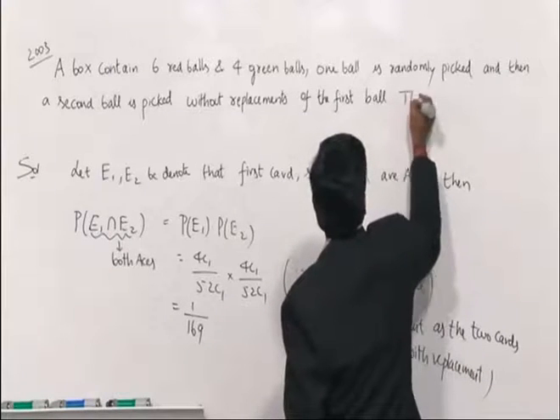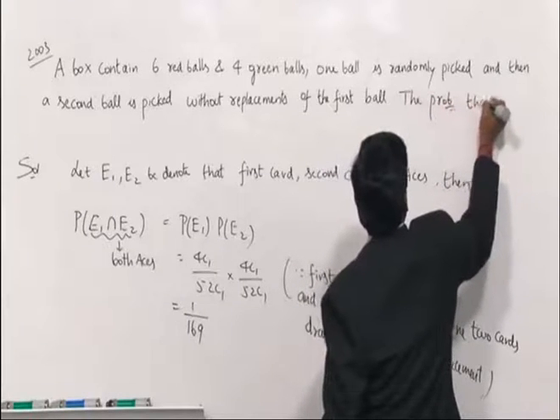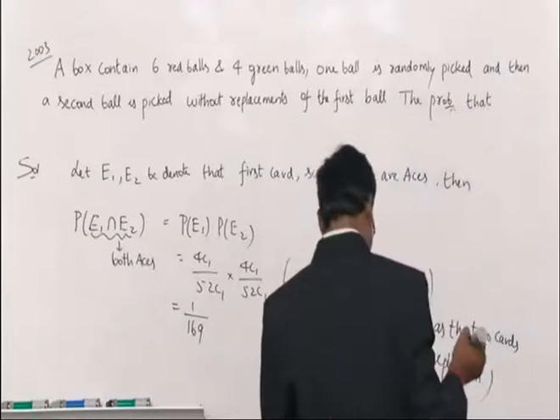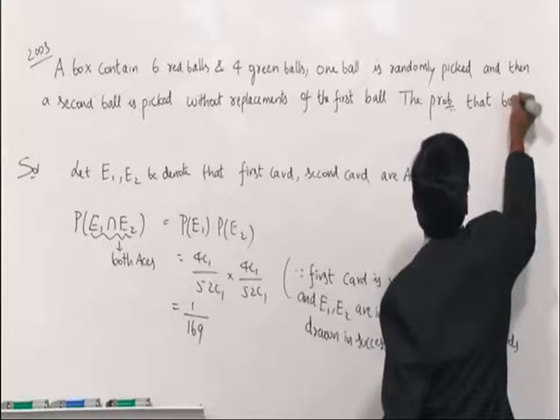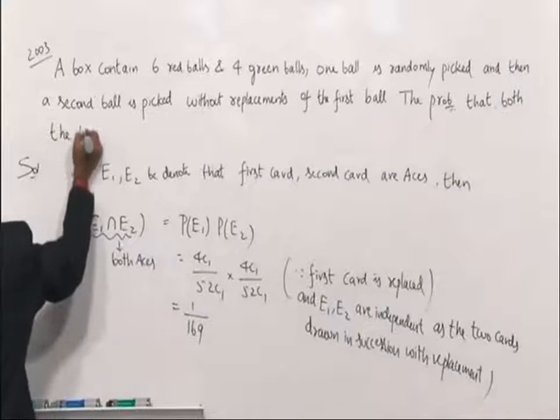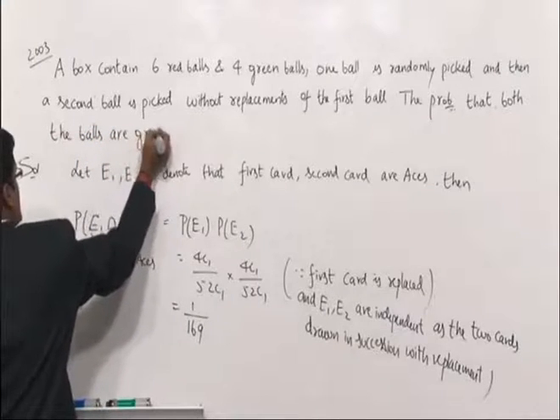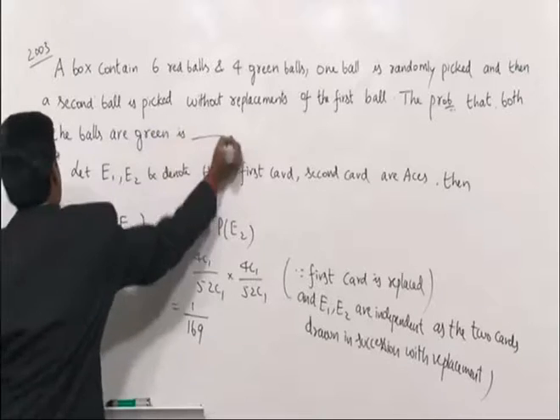The probability that both the balls are green is